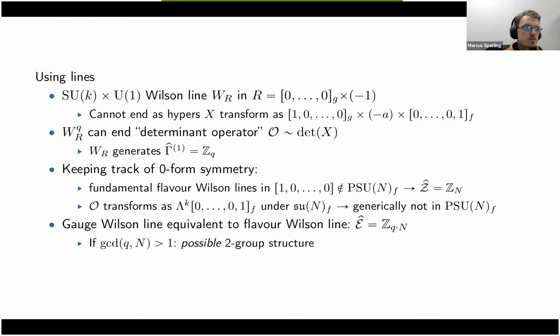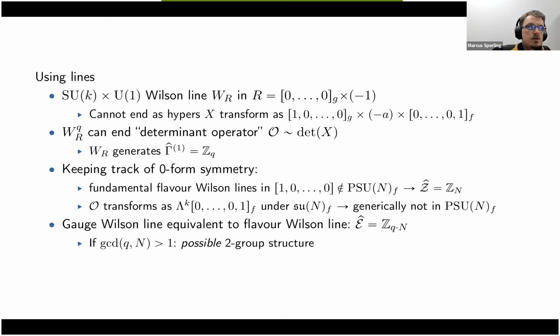Now, if we keep track of the zero-form symmetry, we want to find out the interplay between the gauge center and the zero-form center. We know again that the fundamental flavor Wilson line is in a non-allowed representation of PSUN. So we see the group that we need to define the global symmetry is Zn, so the whole center. And then the determinant operator that we wanted to use transforms in the k-th antisymmetric of the antifundamental, which generically is not in PSUN, right? So there needs to be quite a lot of coincidence in order for this to be